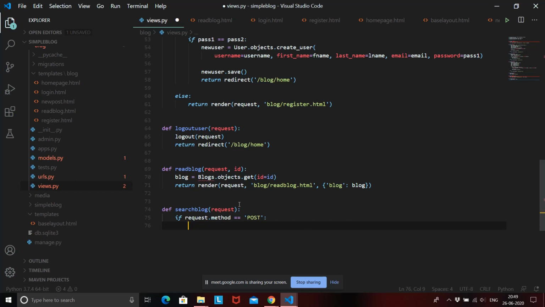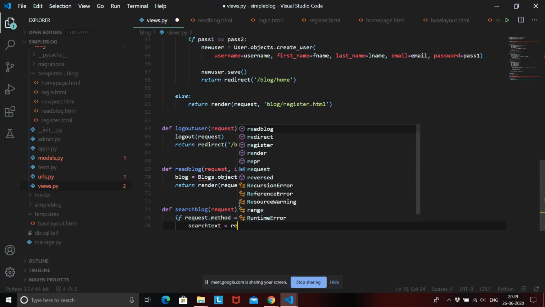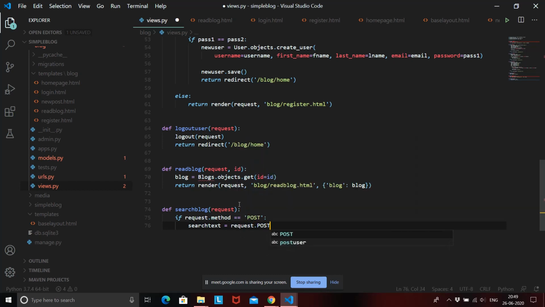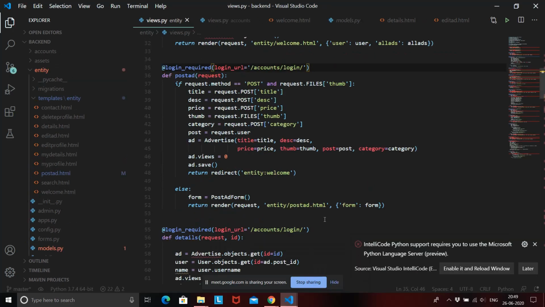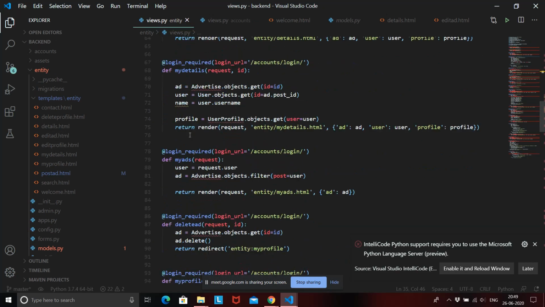So if you post a text, then and only then this URL should work. So if request.method is post, then what you need to do is collect that text, that is the search text, and it should be coming from the request post, and the name of that input field is also search text, right? So this is how you collect the data from the URL. So now you have your search text, and now you need to search inside your blogs to see if there is some blog which has a title equal to this search text or not. So how we can do that is there is a function which Django automatically provides. Okay, so let's see what that function is.